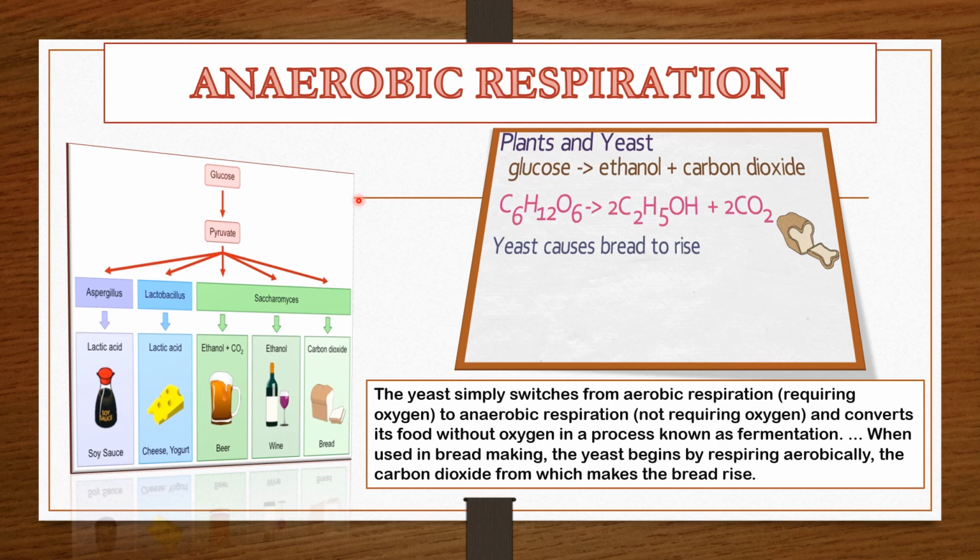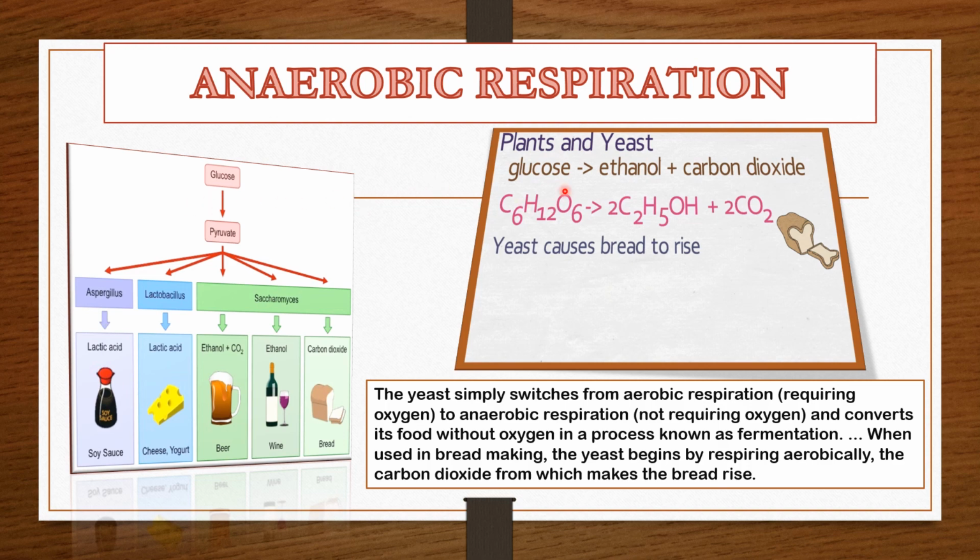The energy output in anaerobic respiration is much less than in aerobic respiration. Microorganisms such as yeast and some bacteria respire anaerobically. Such organisms are also called anaerobes. The word equation for anaerobic respiration is here: glucose is breaking down to form alcohol plus carbon dioxide plus energy, as only 2 molecules of adenosine triphosphate.